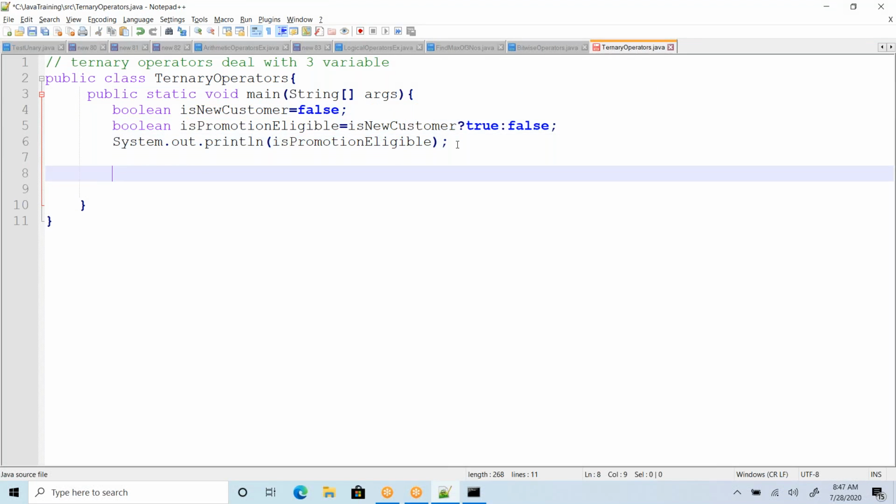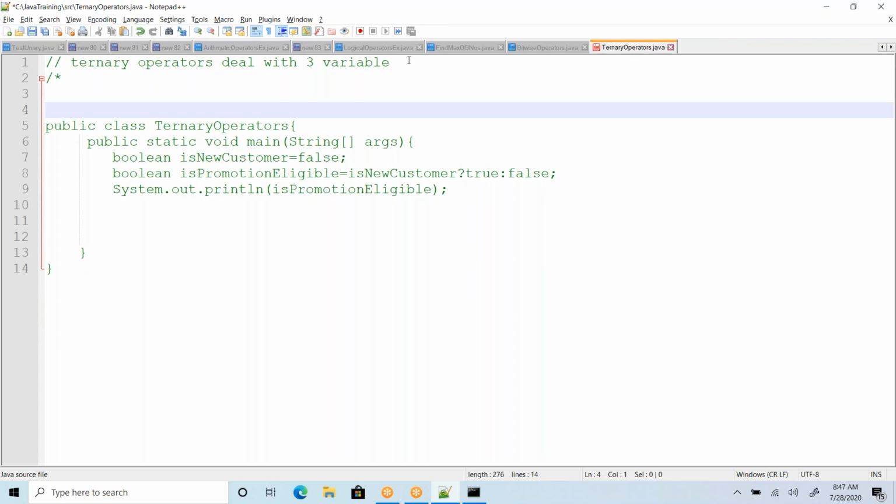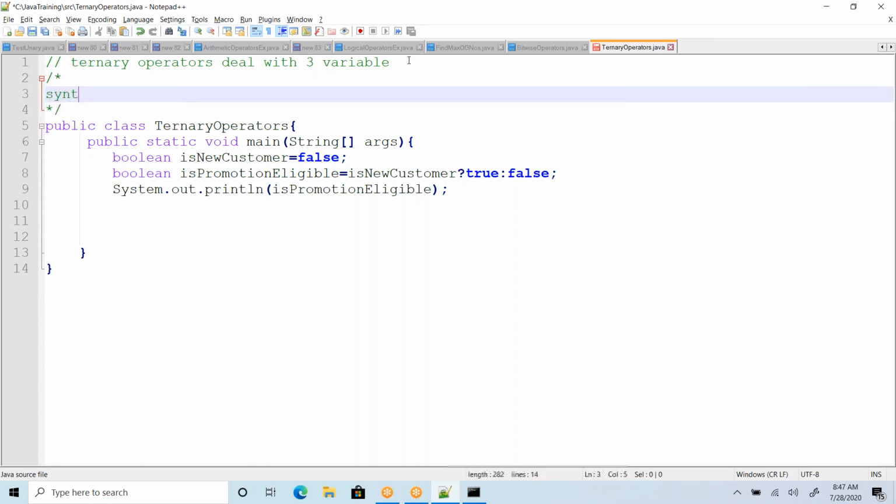A simple syntax. Okay, if you write the syntax, variable is equal to condition question mark value 1 colon value 2.